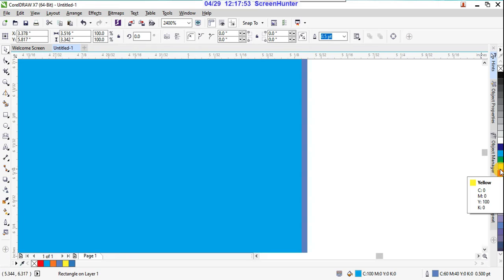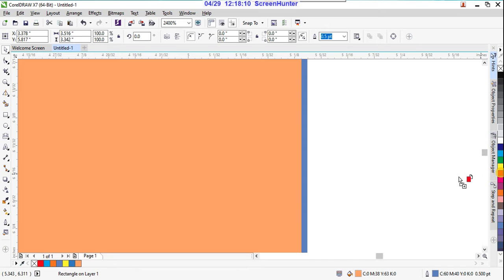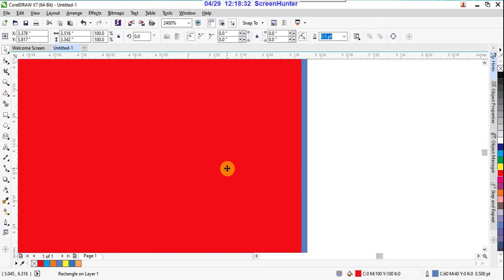So I'm pressing yellow. After pressing my left click on the mouse, don't release it, keep holding, and drag that color. See, you drag that color. Suppose again I'll fill red color. See, with your cursor coming into the object, drop it here. If you drop here, it can apply to the outline, right? It is showing like a box outline, and if you drop here it is filling with the red inside.